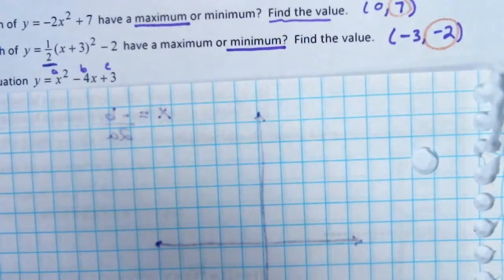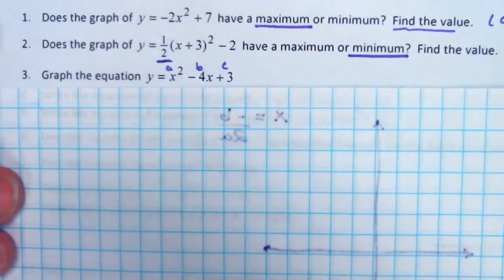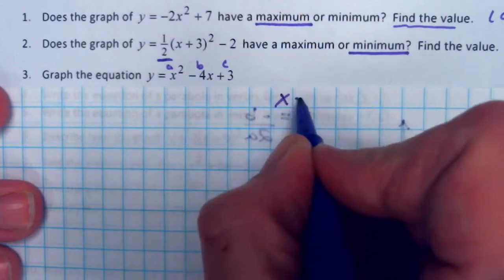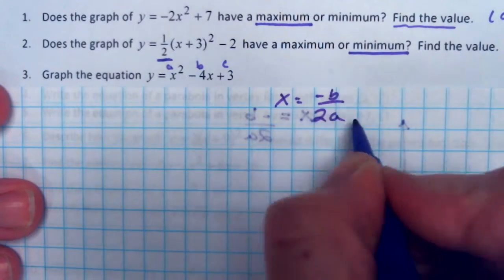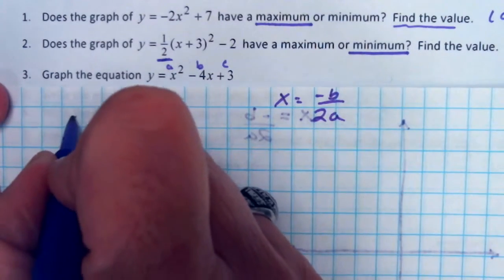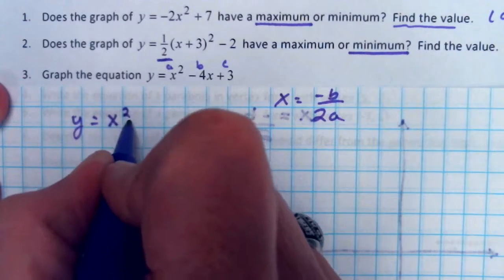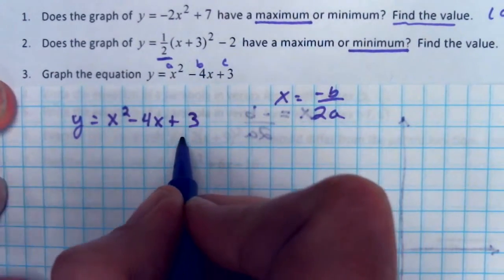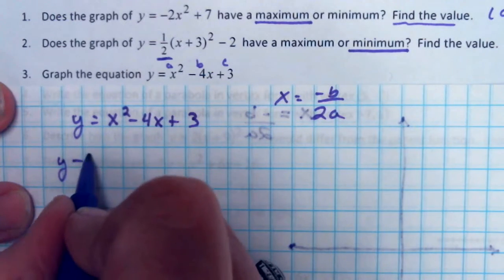Alright, for number 3, we need to graph this equation: y equals x squared minus 4x plus 3. For graphing this, we have two options. We can use x equals the opposite of b over 2a, find the axis of symmetry, and use that to find the vertex, or we could simply put y equals x squared minus 4x plus 3 into vertex form by completing the square. Subtract 3 from both sides,